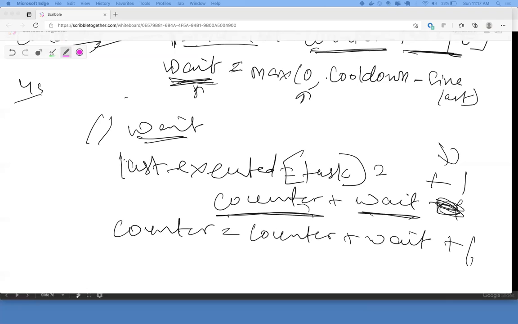So if your counter is 0, you have to wait 4, and you're going to run at 5. And your current counter is plus 1 only. So next time when you come, you are going to check.